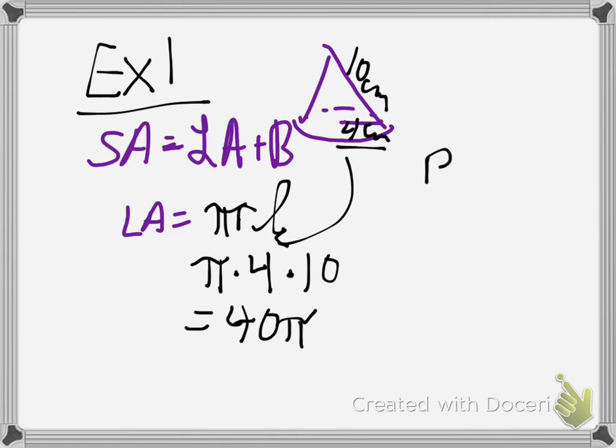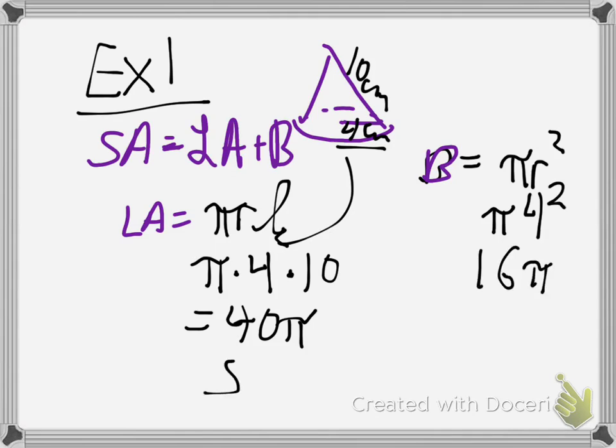And your base area is going to be equal to pi r squared, so that's pi times r. R is 4, so pi times 4 squared, so 16 pi. So now our surface area, we're going to just add those up, so 40 pi plus 16 pi, that equals